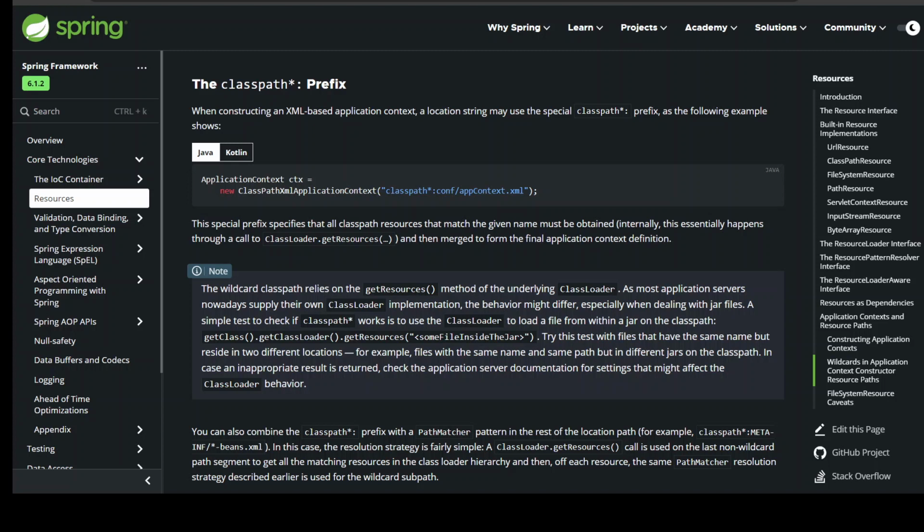getResources some file inside the jar. Try this test with files that have the same name but reside in two different locations, for example, files with the same name and same path but in different jars on the ClassPath. In case an inappropriate result is returned, check the application server documentation for settings that might affect the class loader